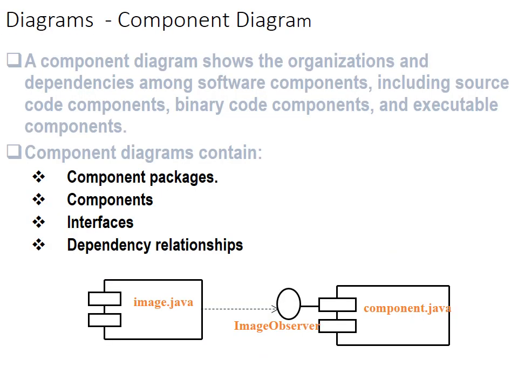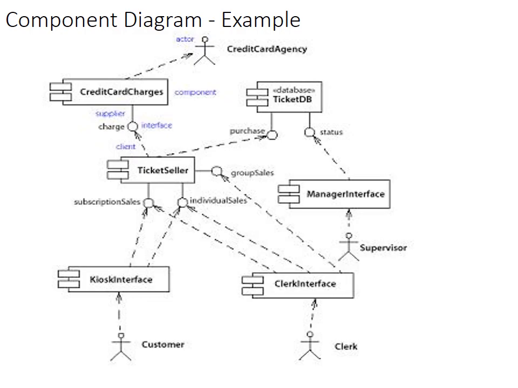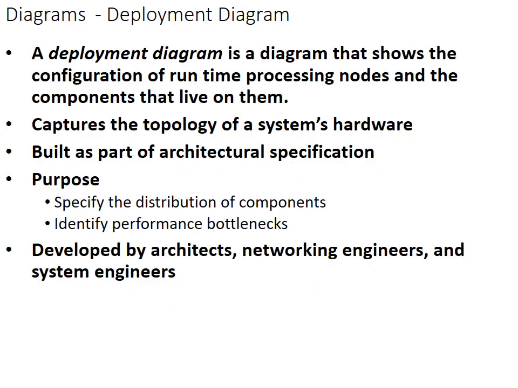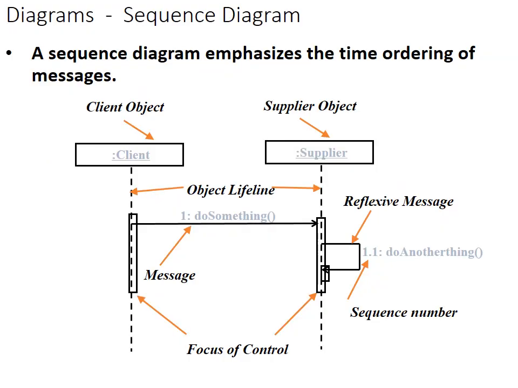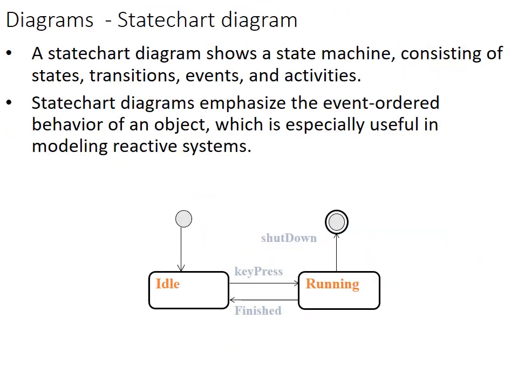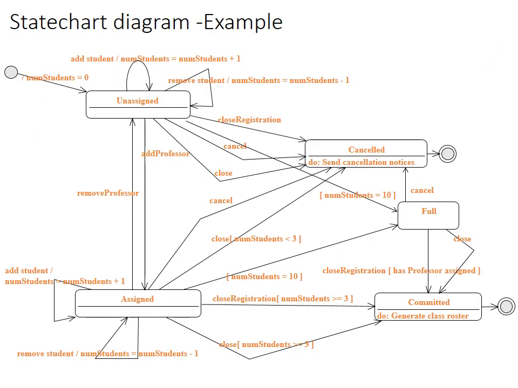These are the component diagrams. You can read the example of a component diagram to deploy it, but it is actually not important for us. The sequence diagram we have already covered, and also the difference between sequence and collaboration. A state machine is the one that I was talking about, because one object may have different states. This is the state chart.